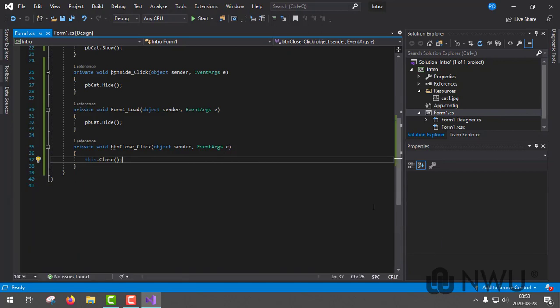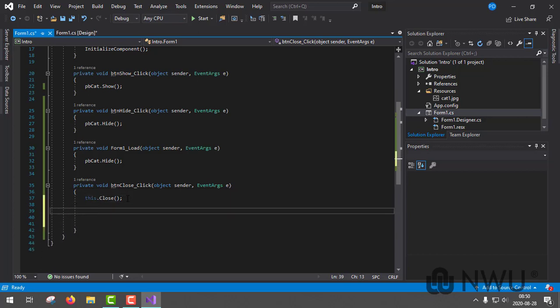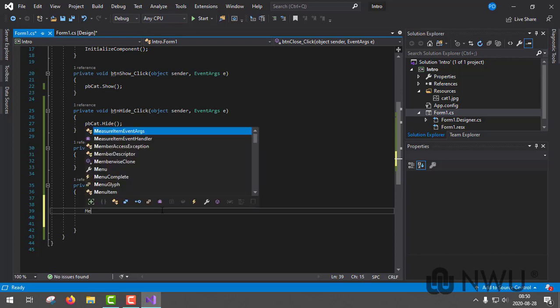Okay, so maybe I want to show the user a message box, or a message that tells him you are about to close the form when he clicks on the close button. So we're going to do this above the this.close line, but I'm going to show you first if we do it underneath. So I want to talk now about IntelliSense. IntelliSense is built into Visual Studio, and it helps you a lot. It shows you how to work with your methods, and it's showing you the overloading and what data types to use, etc. So I want to display a message box, so I'm going to start by typing message,